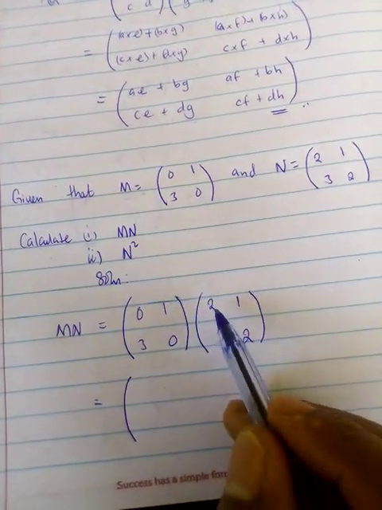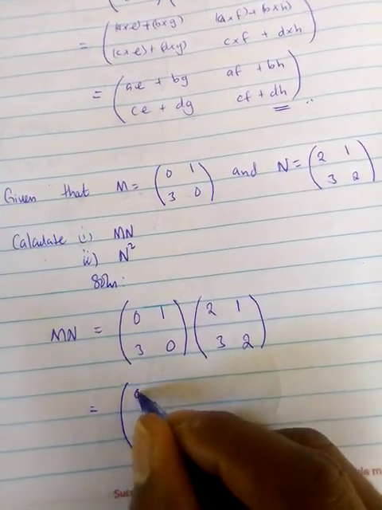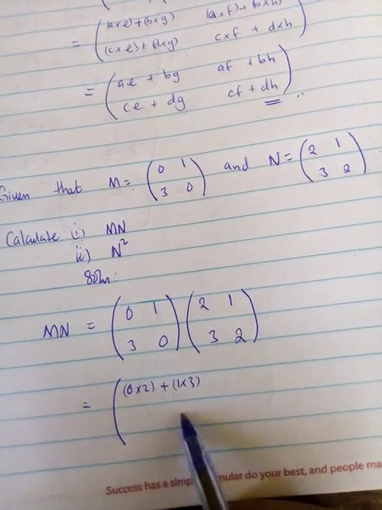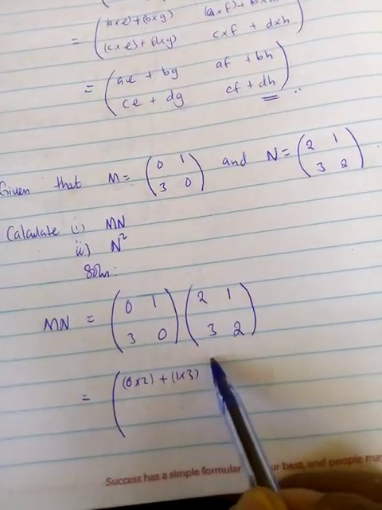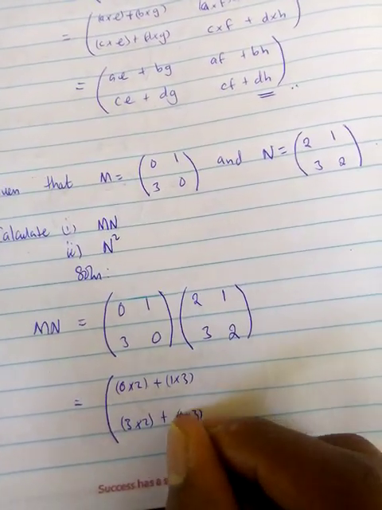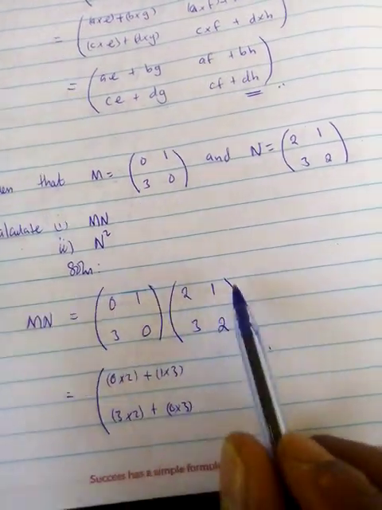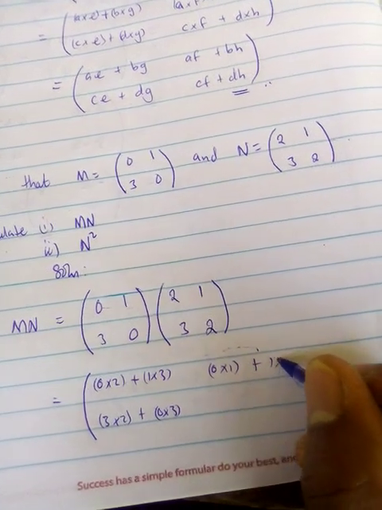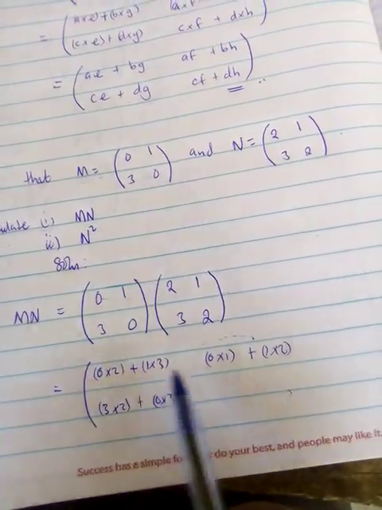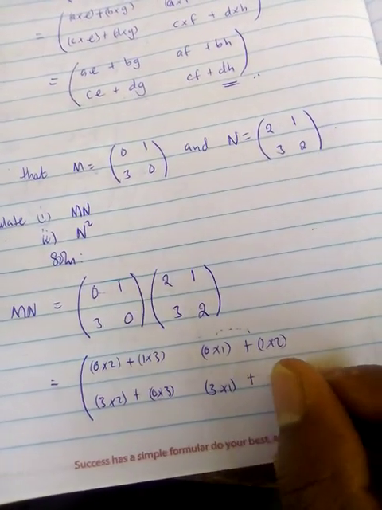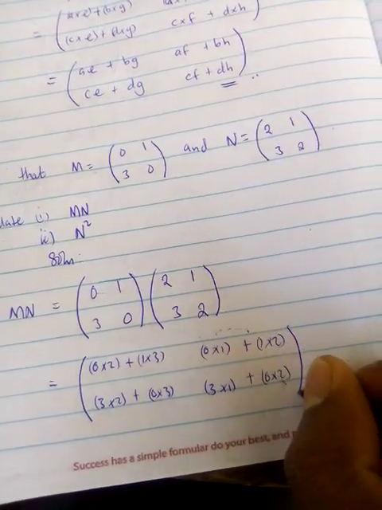So we have row by column. This is going to be 0 times 2 plus 1 times 3. You can put some simple brackets. To produce the digit here, the last row times the first column, I have 3 times 2 plus 0 times 3. Then to produce the next digit here, the first row times the last column, 0 times 1 plus 1 times 2. Then the very last, the last row times the last column, so I have 3 times 1 plus 0 times 2,